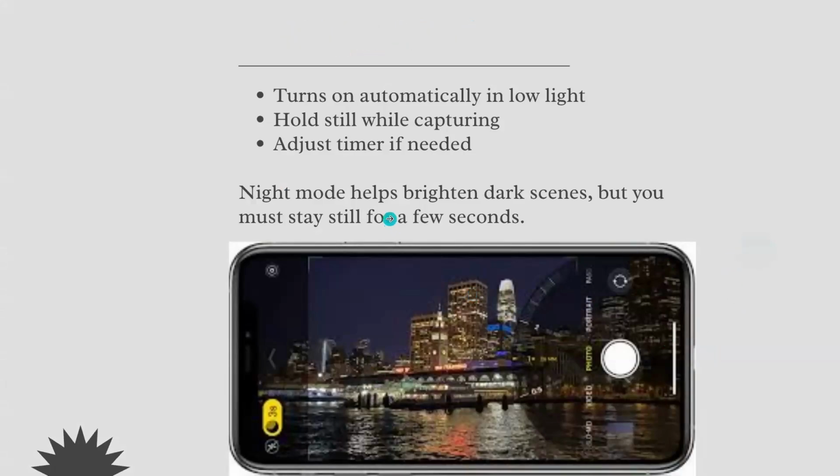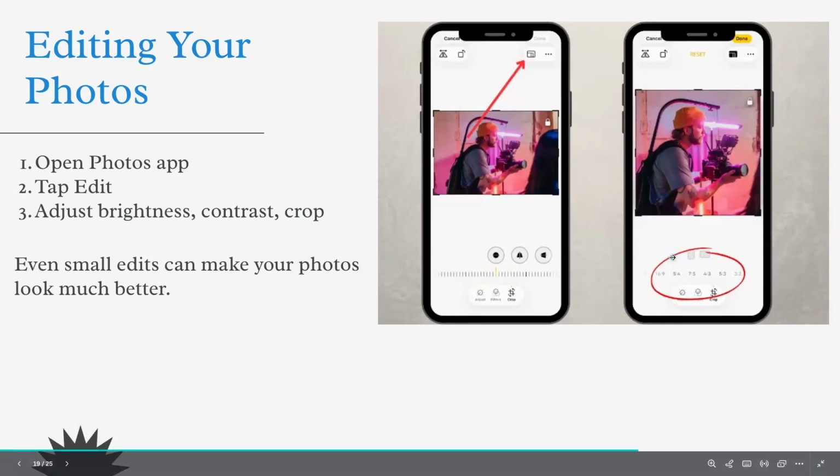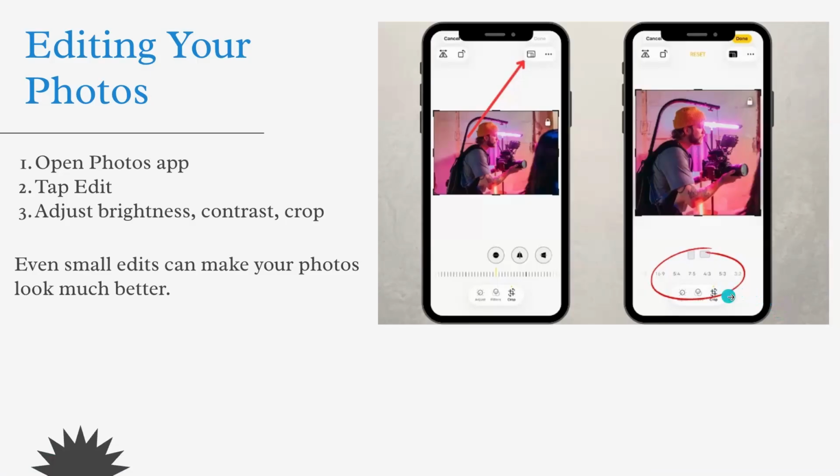So okay. And then editing your photos, you want to open the Photos app, tap Edit, and adjust brightness, contrast, and crop. Even small edits can make your photos look much better. I don't think iPhone has this yet, but on some Android phones, there's a feature to automatically give you the best edits of your photo with all these settings. It automatically figures that out for you, because adjusting this by yourself is usually pretty difficult, or it's not difficult, but it's hard to make it look good. So yeah,